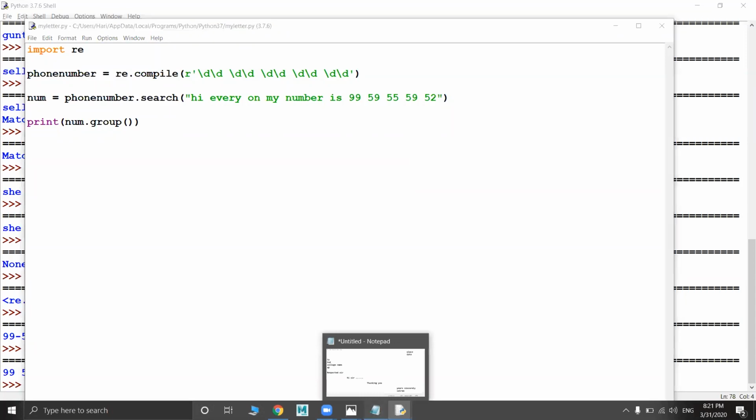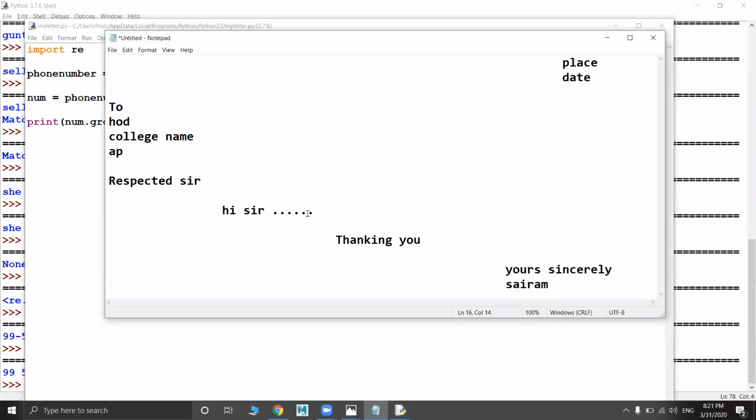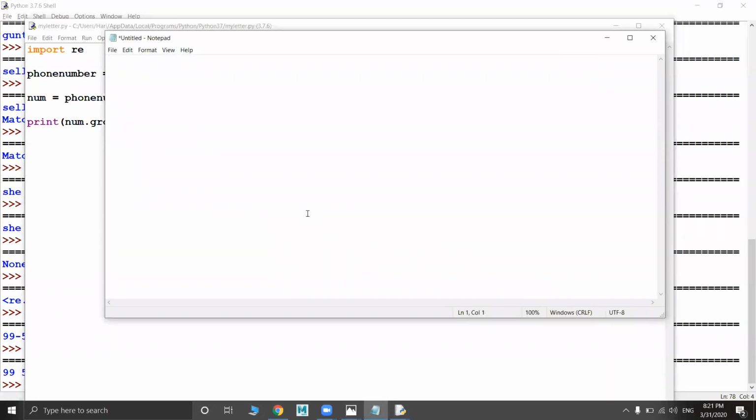Okay. What we do is, let's say you create some text file. This text file has anything you write, including the phone number and then the email. It may be anything you write.